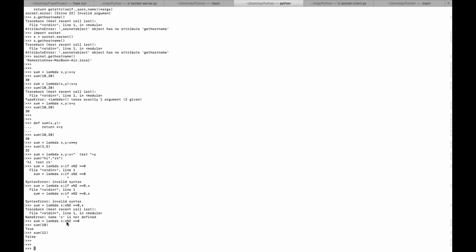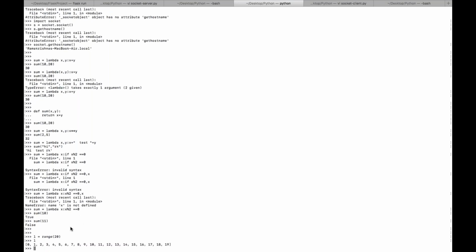Identify even numbers from the list. So I have one list, let's say L equal to range of 20. Okay, if I print L, I have this range. Within this range I want to apply one lambda function to all of these. For that we'll use map of